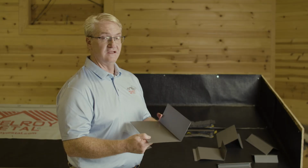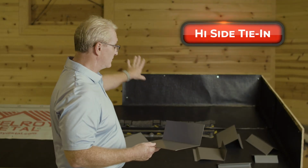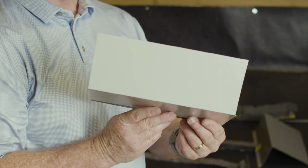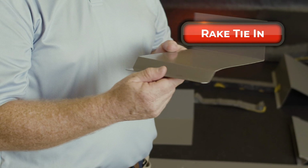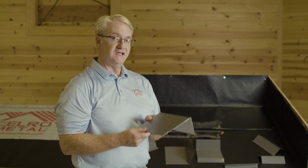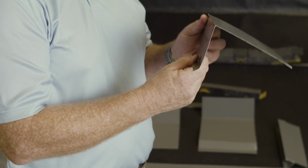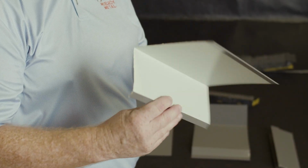We have the high side tie-in trim, post frame. This is going to be up at your end walls. We call it a high side tie-in trim. We're also going to be showing you the sidewall trim, or the rake tie-in trim we call it. What's nice about this is we can actually make this different sizes. This is also going to be talking about the peak trim. This is something that we use on a mono-slope type roof, and we'll need to know pitch and all that